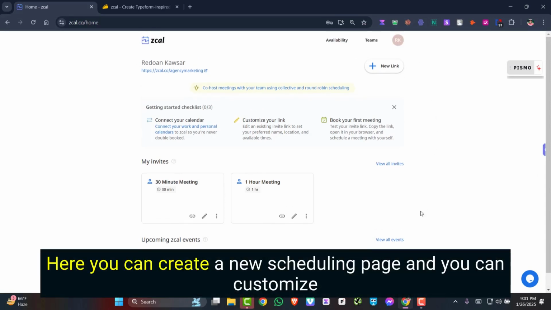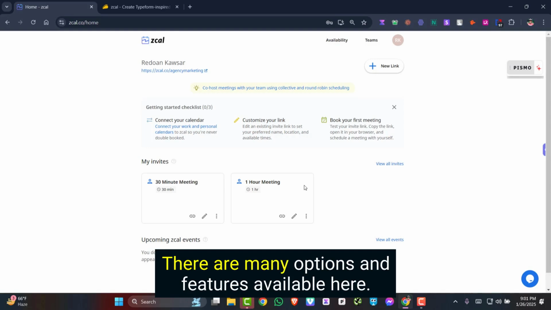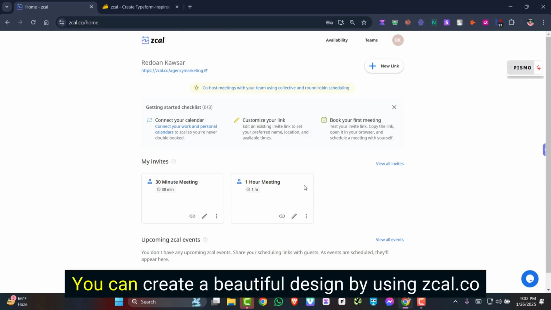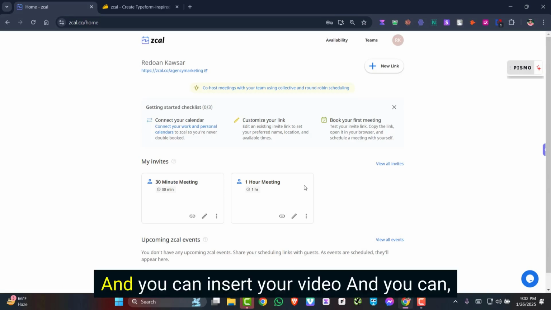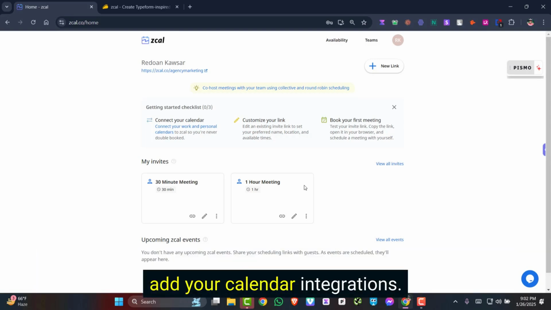Here you can create a new scheduling page and customize it according to your business. As you can see, there are many options and features available here. Let's explore Zcal's main key features. You can create a beautiful design by using Zcal.co, you can insert your video, you can also add your team members, customize your branding, and add your calendar